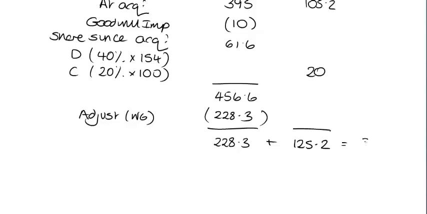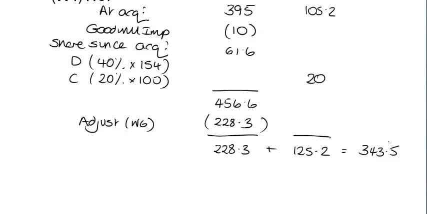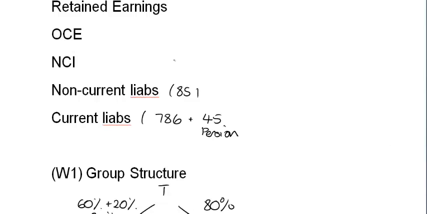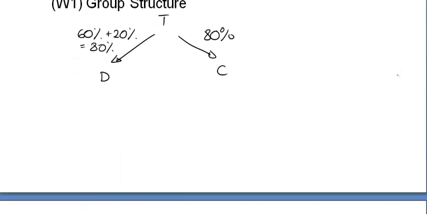Add the two together. The NCI comes to 343.5, and that's the figure that I'm going to take to my consolidated statement of financial position. That's come from working number 4. I'm now going to add up